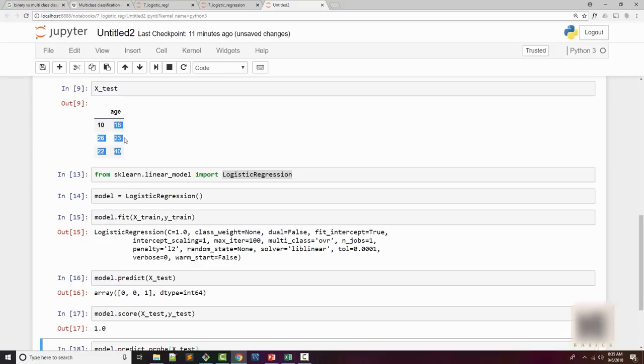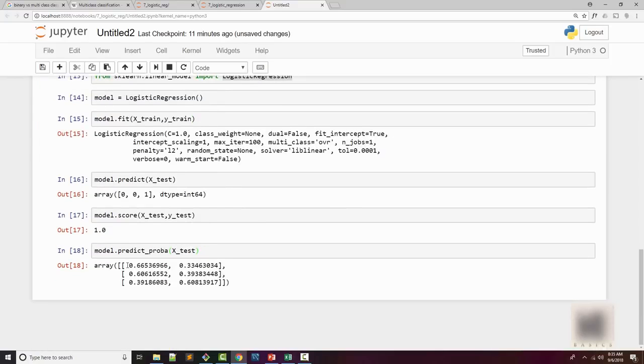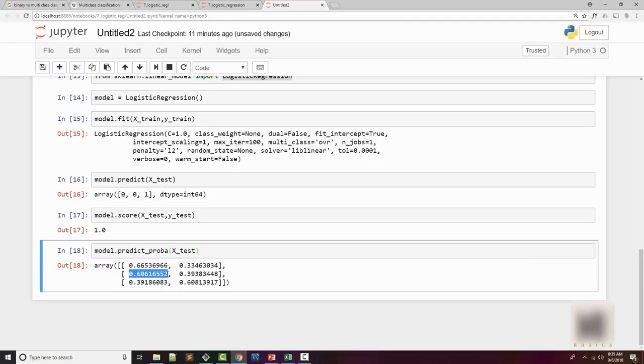So for the ages 18 and 23, you can see there is 0.6% probability that they will not buy the insurance. Whereas for the person with age 40, it is reverse. There is 0.6% probability that he will buy the insurance and 0.39, really it's 39% that he will not buy the insurance.